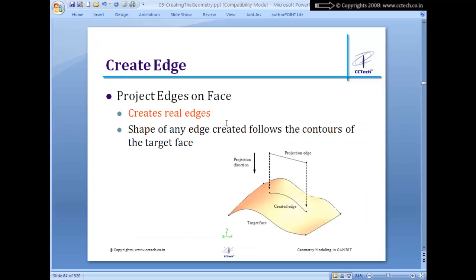Another way you can create an edge is, you have one existing edge, and you can create a new edge by projecting it on an existing surface. This is nothing but project edge on a face. So it creates the real edge. The shape of any edge created follows the contour of the target face. So this is called the target face, and this is called the edge. If you project this, one new edge will be created,